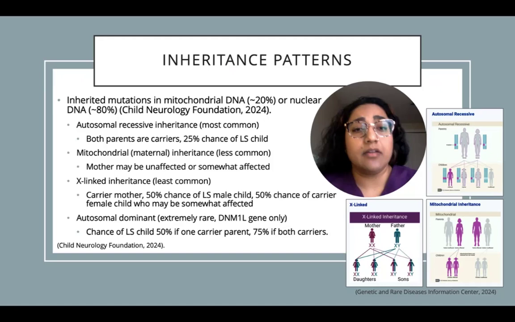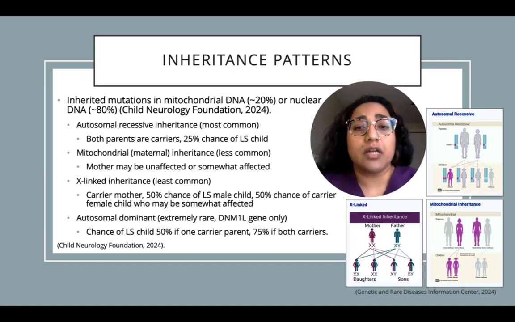Like their mother, female children have a 2nd X chromosome with normal gene expression and may or may not be somewhat affected, depending on which cells have turned on which X chromosome. A male child who receives a pathogenic copy does not have another X chromosome to offset, so he will have LS. Lastly, a very rare inheritance pattern for LS, autosomal dominant, has been observed in only one gene, DNM1L, which